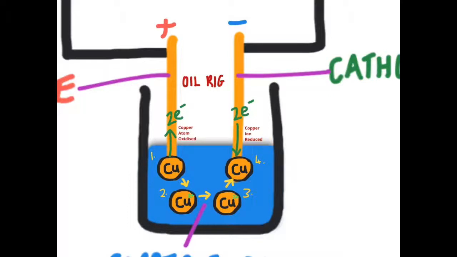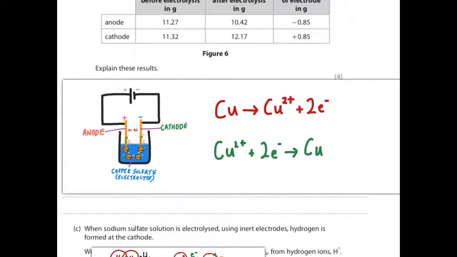So it's quite simply, parts of this electrode are forming ions because they're losing electrons. They're entering the solution. Then the ions are bonding with this electrode and gaining 2 electrons to become atoms again. So atoms are being transferred by this process, which is why the mass is reducing here and increasing here. You can summarize this using the half equation. So at the